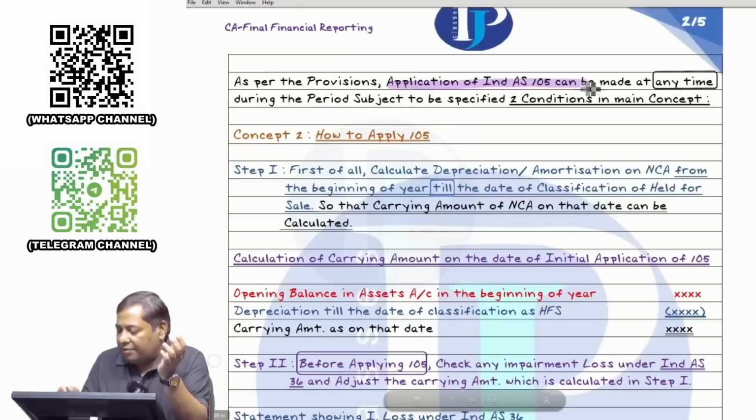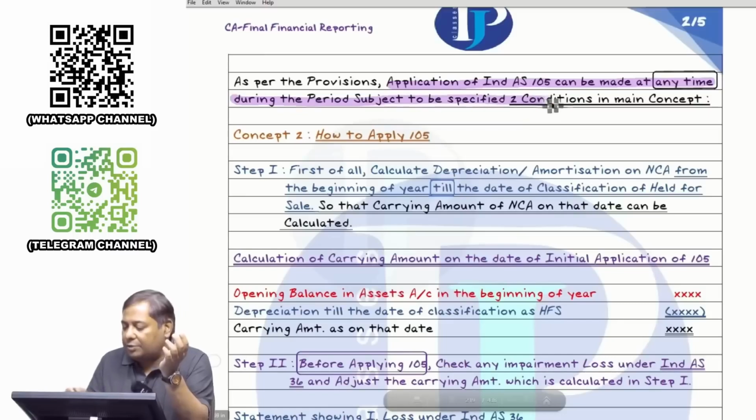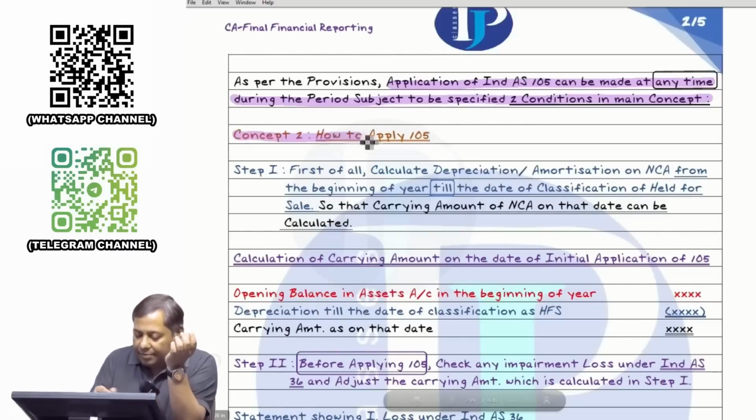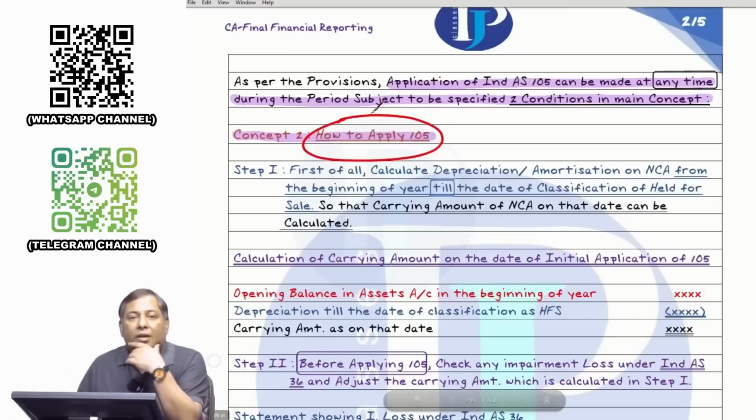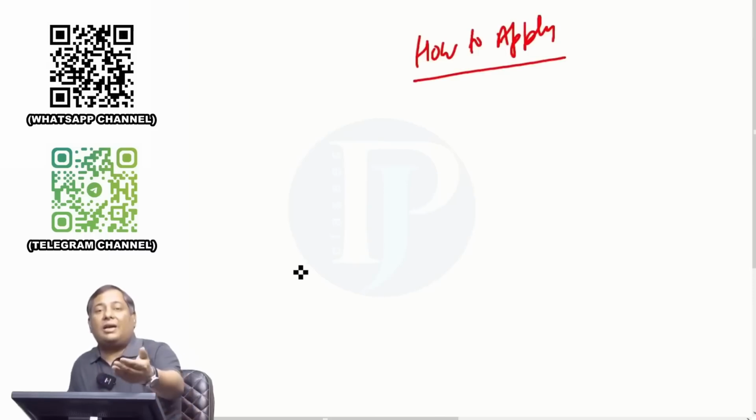The application of 105 can be made at any time during the period, subject to the specified two conditions in the main concept. Apply it at any time. Then we came to the second concept, how to apply. When we came to how to apply 105,